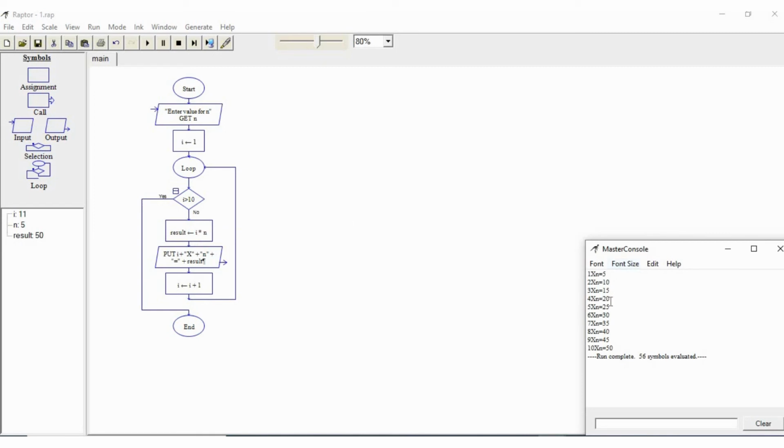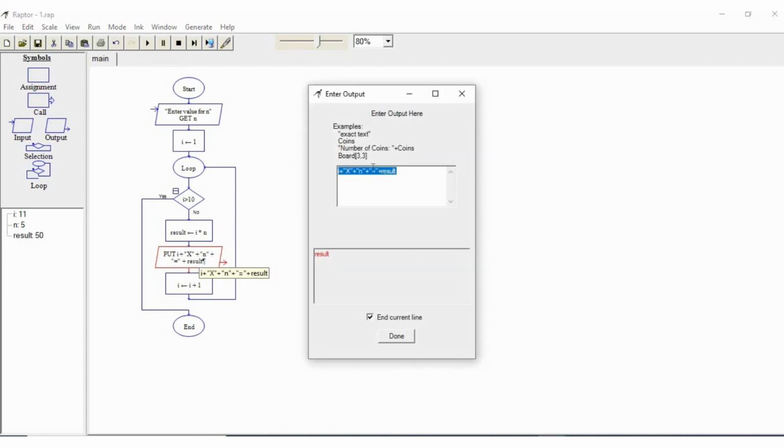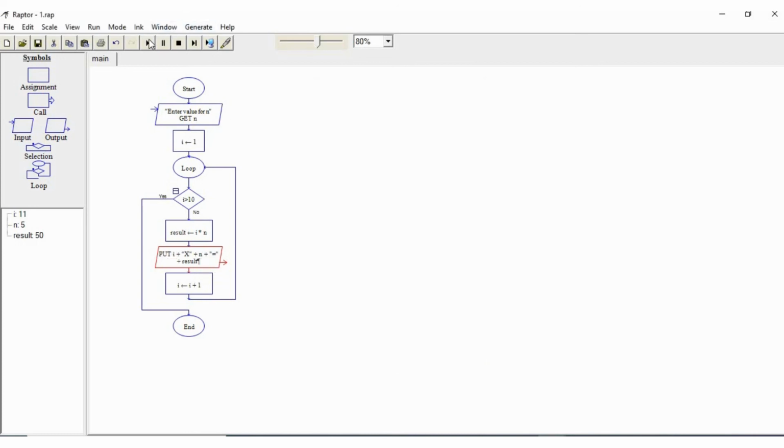Okay, so here the one thing is we have provided n also in double quotes, right? So just double click it. Just remove the double quotes for n, right? So now again you can run your program.